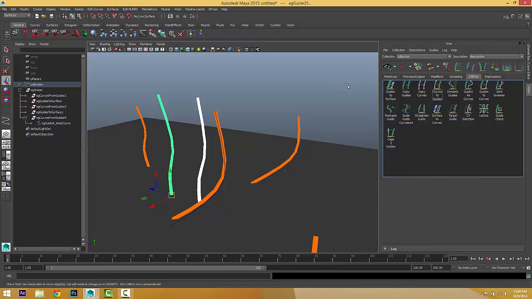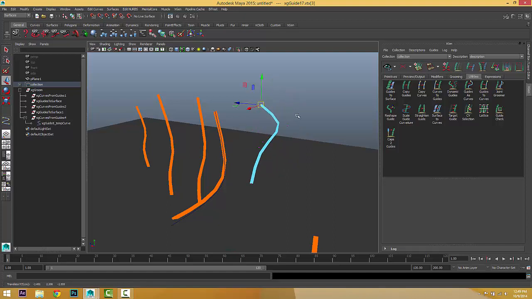For example, in this case, I just want to move this control point, so we can just do that. And if you think the control points are not enough, we have now maybe 5 control points. If you think they are really few and you want more,